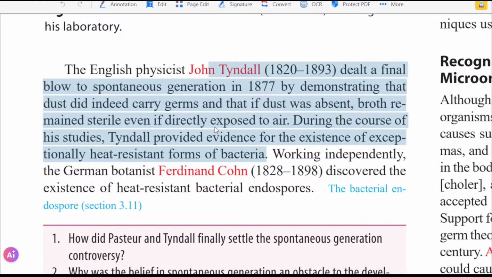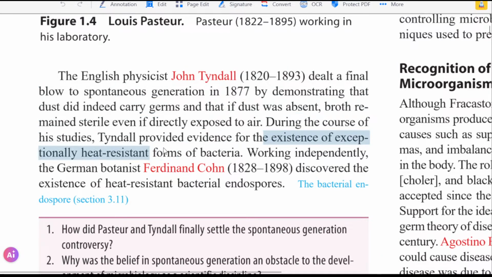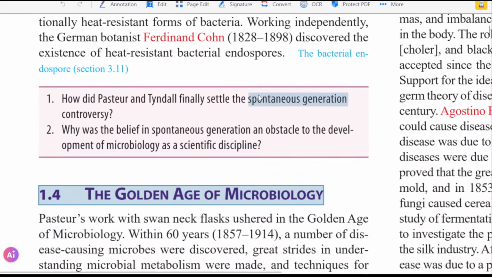It wasn't the air or the organic matter, both were heat killed, but there was something in the air or something in the medium that would give rise to the germs. So he proved that existence of it. Another thing he did was show the existence of exceptionally heat resistant forms of bacteria, but this isn't related to the question. They just asked how did they settle the spontaneous generation controversy, and Tyndall settled it by telling, give me a second,